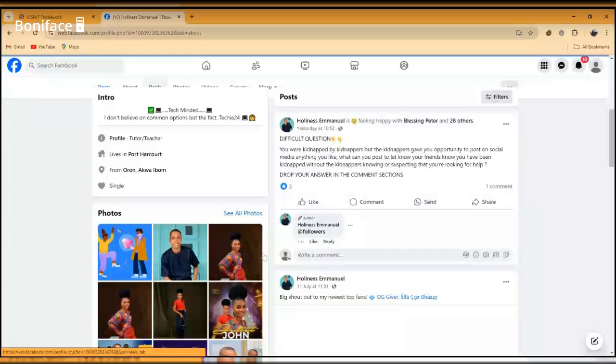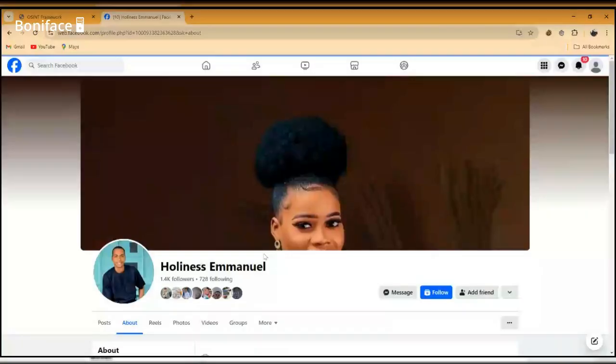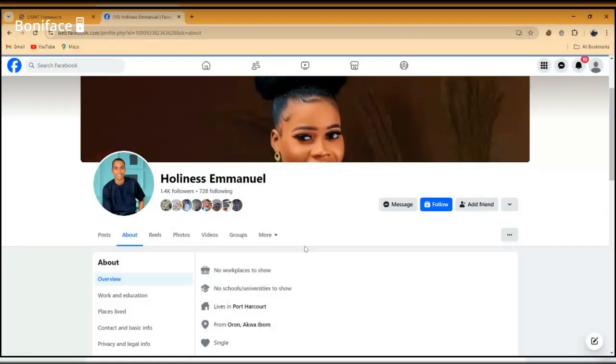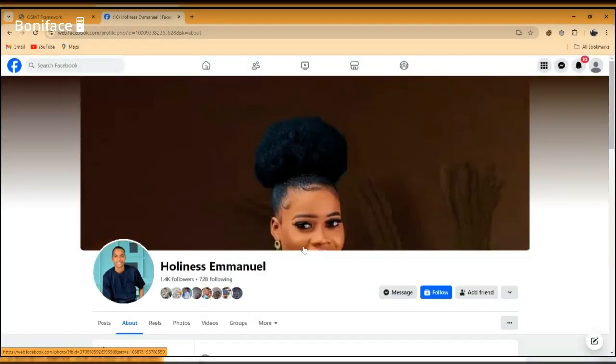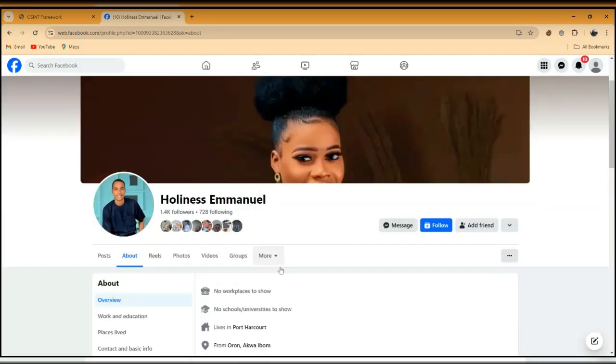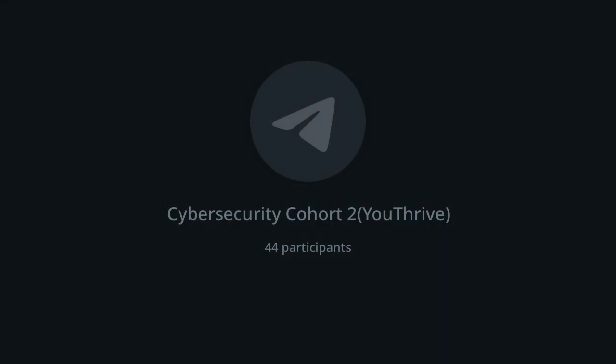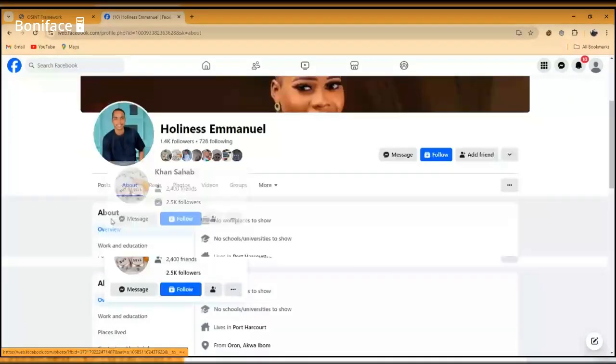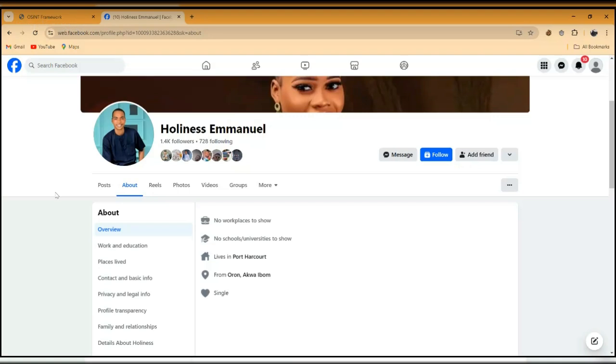Anyways, we all know what I'm talking about, like gathering information about him. Because if you want to attack, let's say, an organization or somebody, the weakest point, as I've told you, is the human person. The weakest part of the chain is the human person. So you should always look out for the human being if you want to attack, even if it's an organization. Take for example, let's say he's working in Access Bank. We can actually hack him, and through him we get to the company.